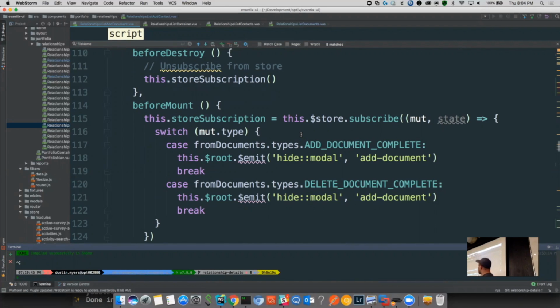So this is watching for just a simple switch case on add document complete. And actually, next week we're going to do all VueX actions, mutations, all of that. This is actually a mutation, not an action. So when this fires, then it's going to hide the modal. If you delete the document instead,